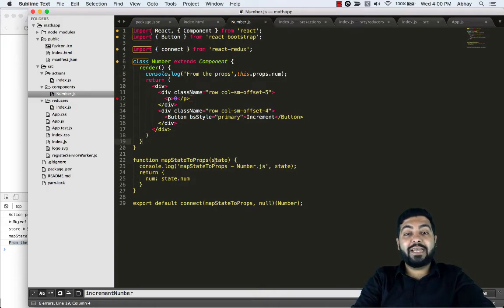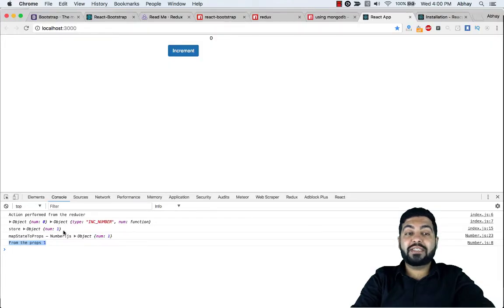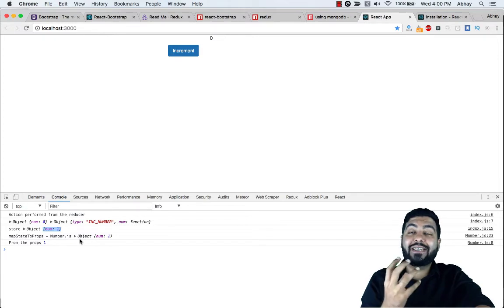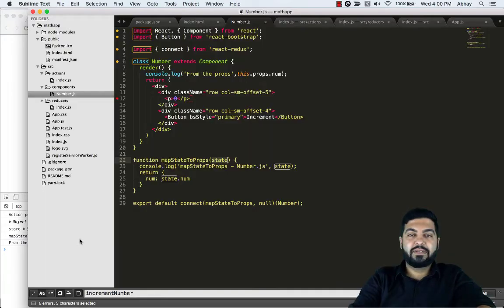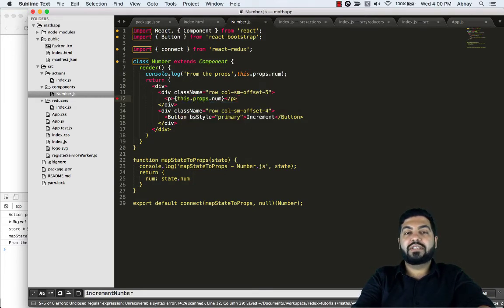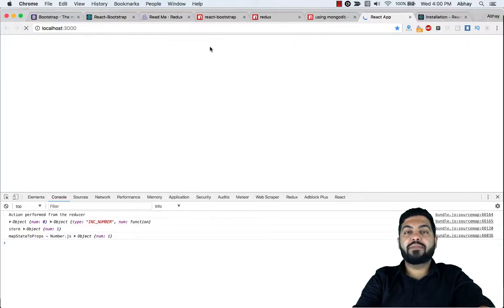Now again, the state out here only has one small object as number. You can have your store be as big as possible, and therefore your state can be as complex as possible. As this is a very small example, you can see that we only have one small variable so that we can play with it. Now that being said, we've already started with mapStateToProps. Let's try to put these props to use. So rather than having a 0, let's try to use this props. So let's just save it, and now you should see 0 becomes 1 the moment you load,